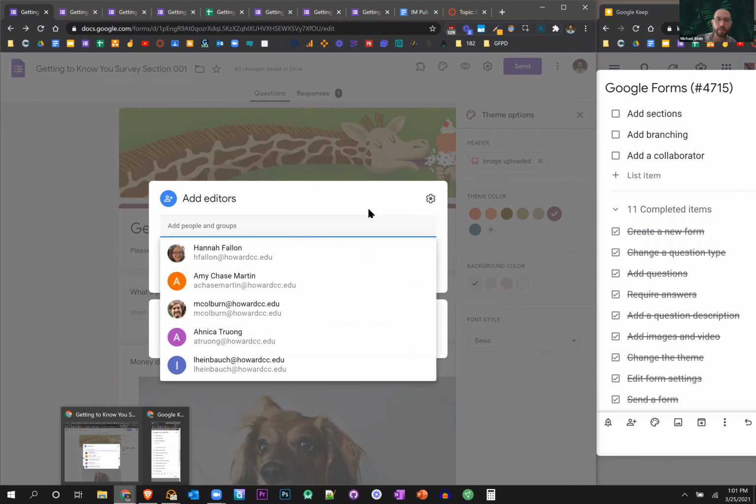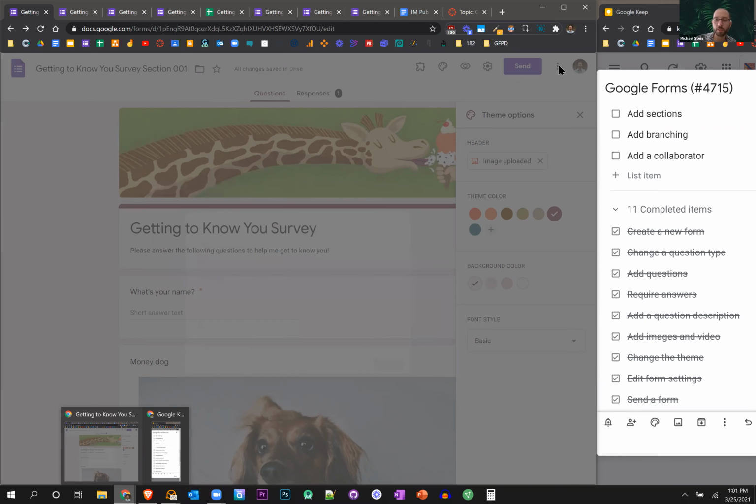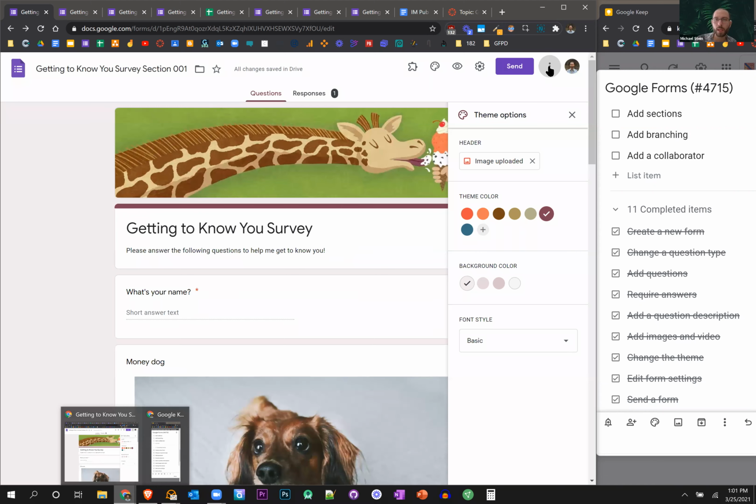So if you want to add an editor, so someone else to be able to edit or to make changes to your form, or even just to see the responses, if you trust them not to mess up your data, you can add an editor to your form. And that was going to the three dots. Sorry, let me do that again. If you go up here to the three dots menu and you click on add collaborator,